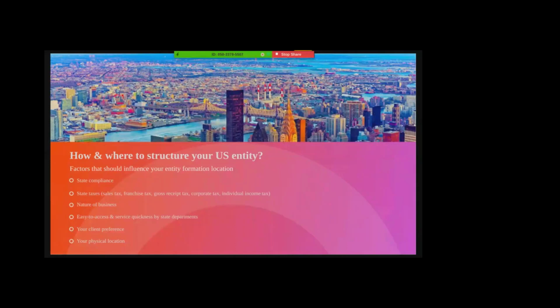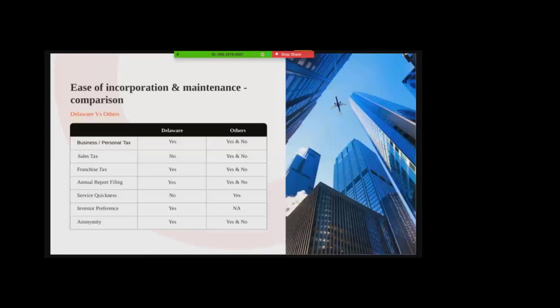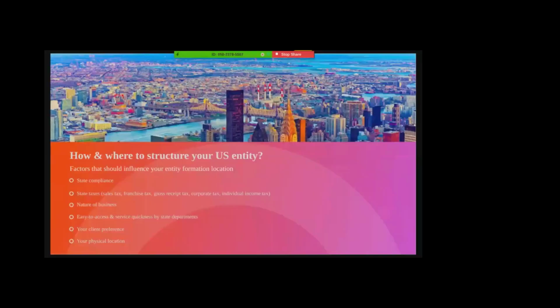Vikram? Yes, I'll take some other questions, Mukund, before you move forward. So one question is, can an LLC be converted to an INC? No, it can't be converted. In America, the concept of conversion is not there, because the basic structure of the foundation of an LLC and an INC is very different. So it can't be converted.